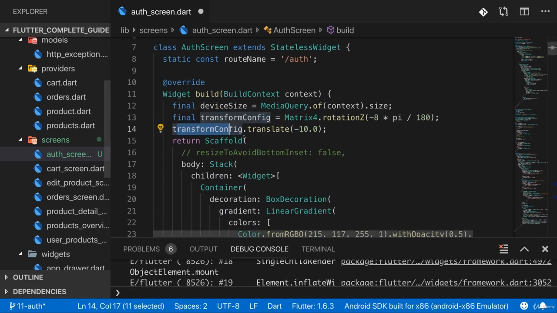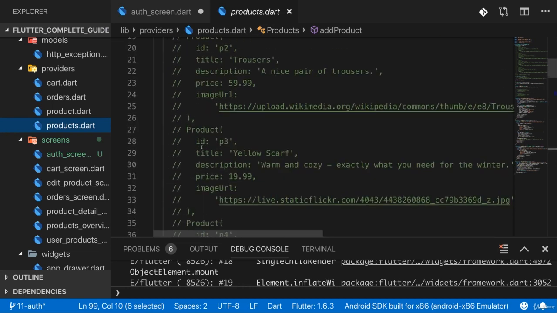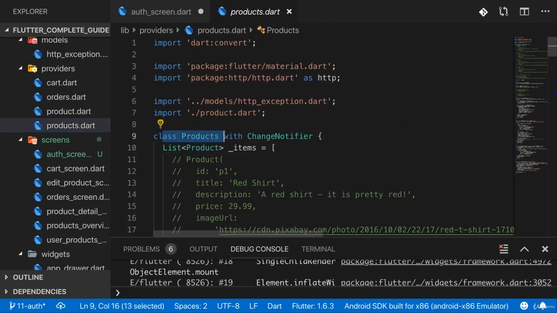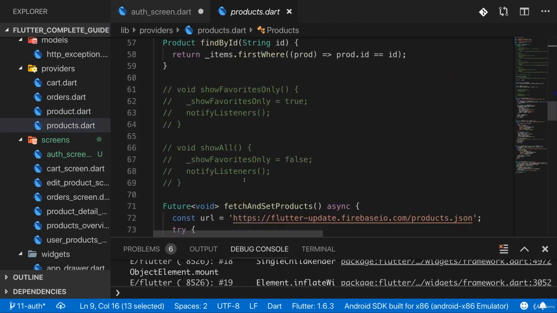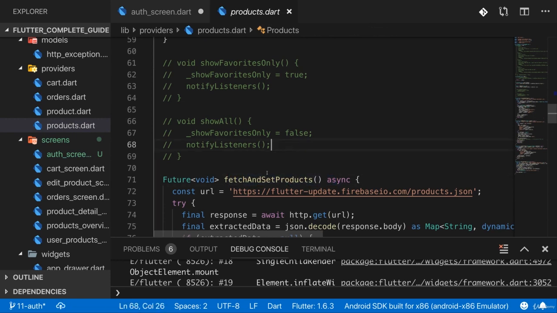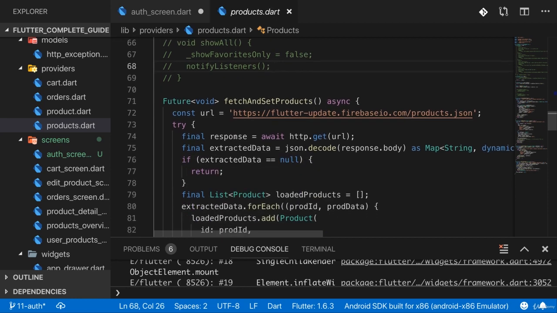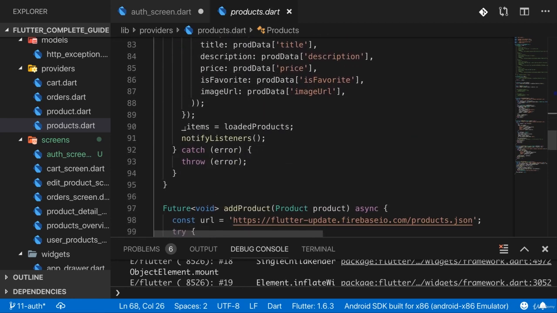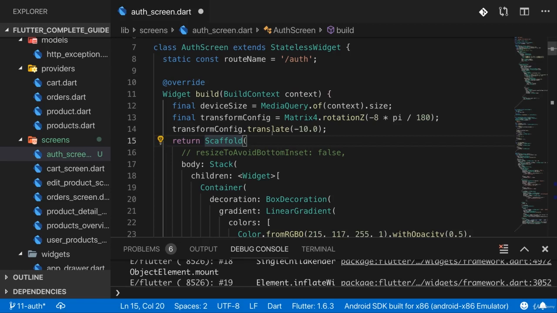And we of course have similar things in our app. For example, in the product start file, we have in the end a products class here. And all the methods we have in there, like fetch and set products, don't return new or updated versions of this products class. They instead change the products class from inside. Here, for example, in the end, we override the items property of the products class. So here we are changing our object from inside, and translate does the exact same thing. It changes the matrix for object on which you call it from inside.